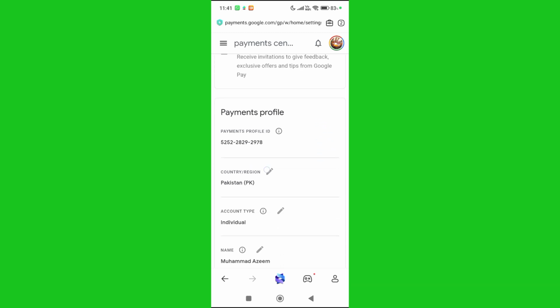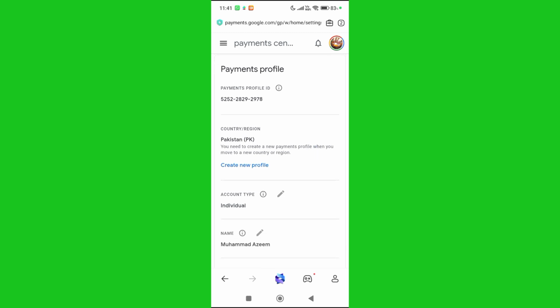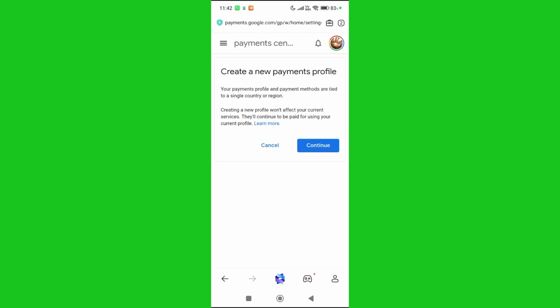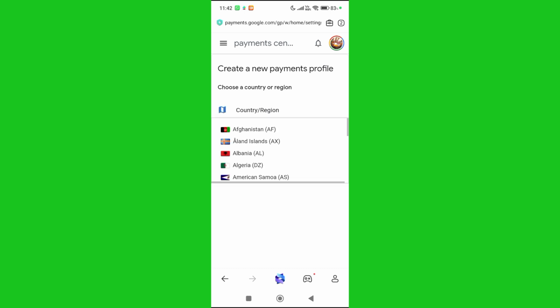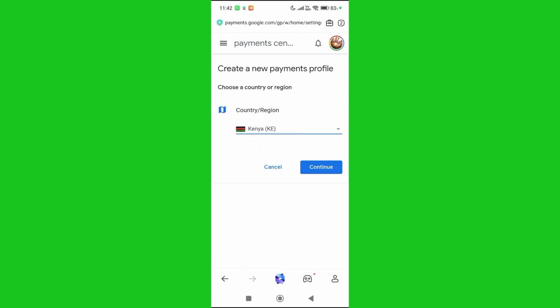Country and Region. Tap on the pencil, and here you will see Create new profile. Here is the blue color line, Create new profile. Tap on it, and after that Continue. Tap on Continue, and here you have to choose the country region. Simply tap on it and you can choose any country from here. Whichever country you want to select, you can select, and after that Continue,